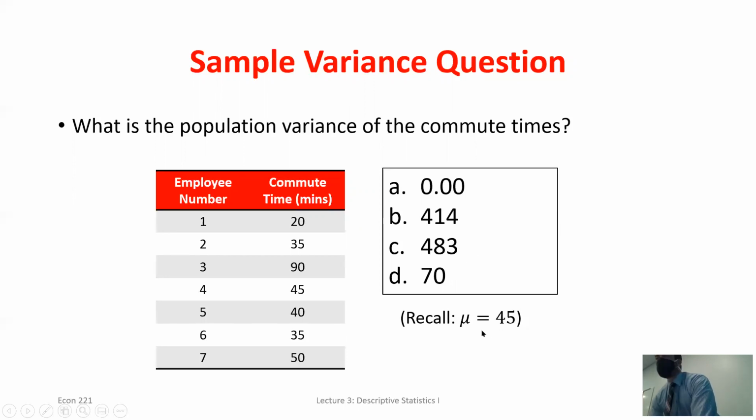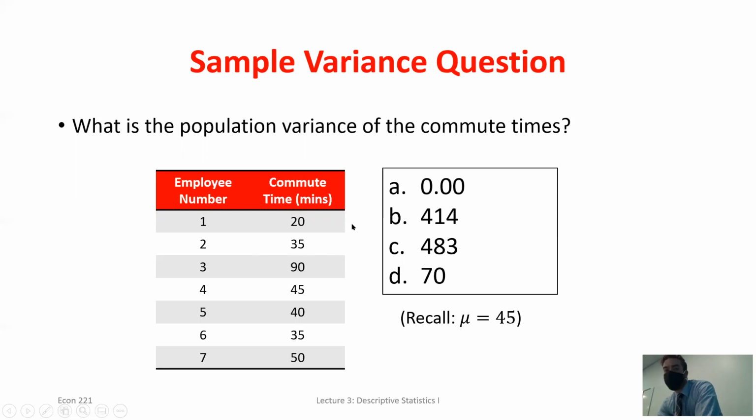So from last class, we found the mean of this data set was 45. If I have that mean, what's the next step? Well, I look at the first observation, so 20 minus the mean. I've got negative 25 there. I'll square that, write that number down. Then I'll go 35 minus 45, negative 10. Square that, it's 100, write that number down. 90 minus 45, that is 45. Square that, write the number down. Keep doing this process. Once I'm done, add them all up.